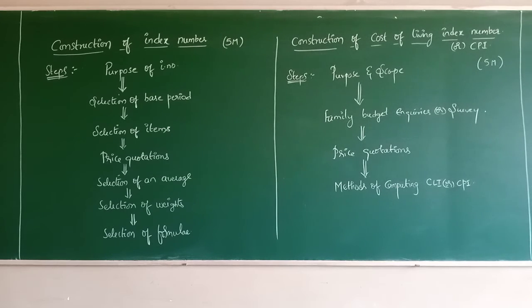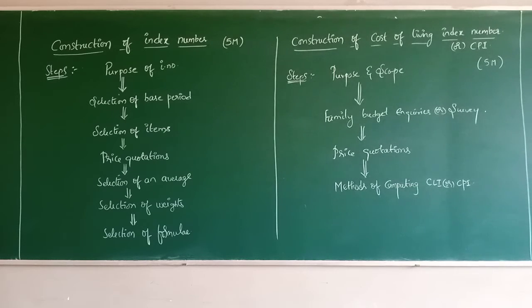The first one is, base period should be economically stable. Remember, whatever base period you are selecting for computing an index number in the current year, that particular year must be economically stable. What does economically stable mean? The year you selected must be free of earthquakes, droughts, floods, strikes, wars, lockdowns, or any such kind of period. Such a year you are not supposed to select.